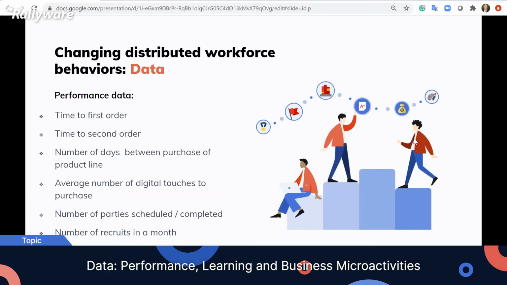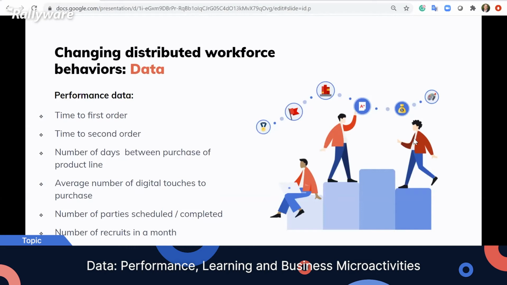We talked about smart incentives, different approaches along those lines. Maybe that's something that tied into there. We're just looking at the behaviors of driving purchases inside of a product line. Or let's say we want to talk about prospecting and the average number of digital touches before somebody purchases.